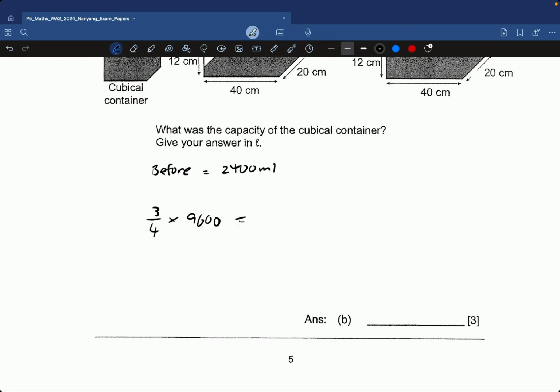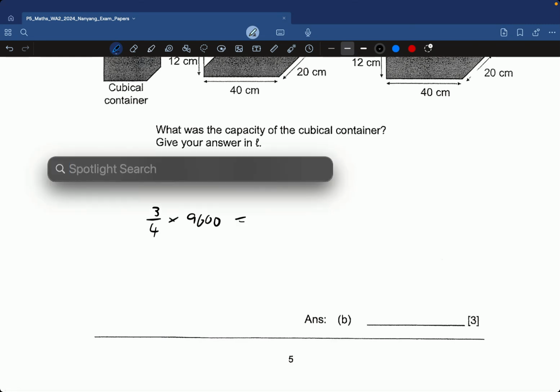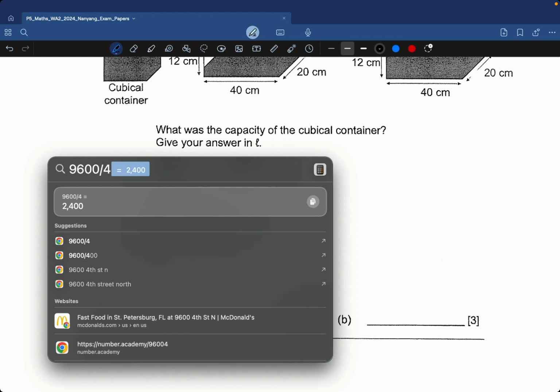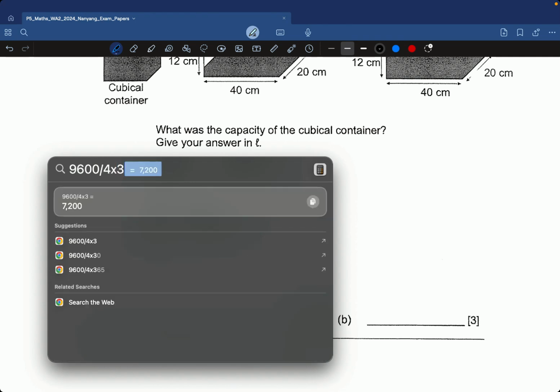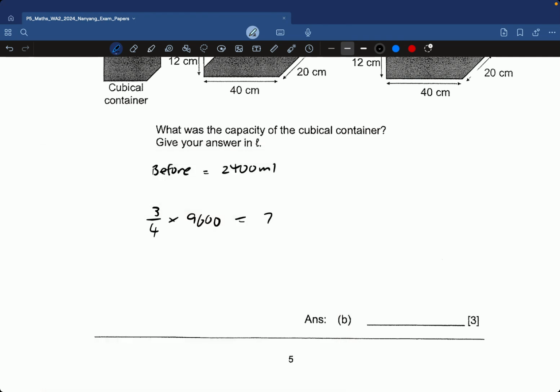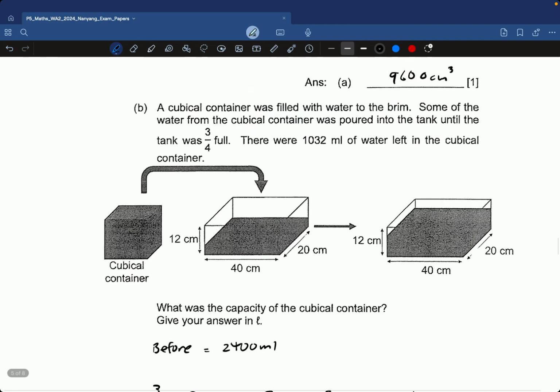So we can just have 9,600 divided by 4, and then 2,400, and then times 3. So the answer here is 7,200 cm cube, or 7,200 milliliters of water inside. Okay, so